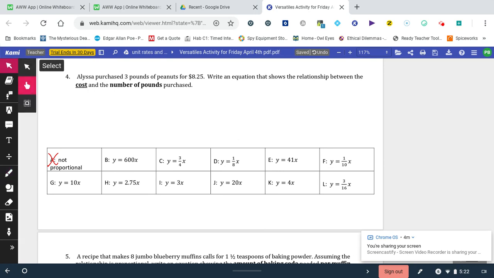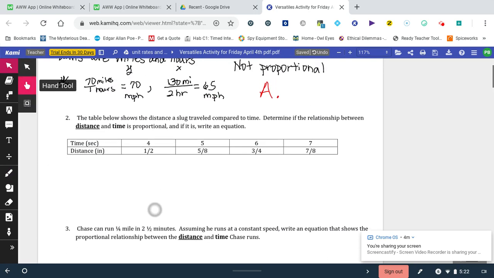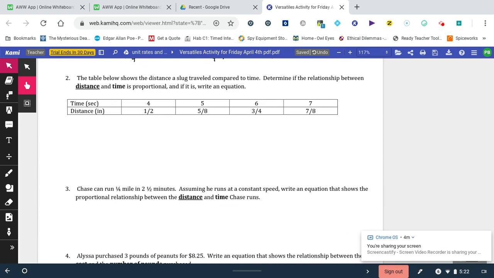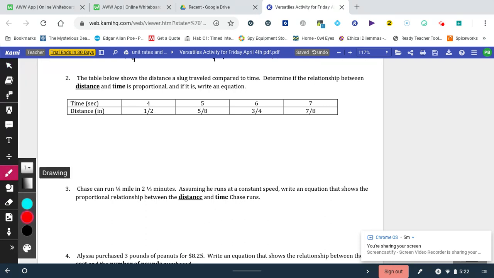All right. Let's go back to number 2. Remember, you're supposed to be pausing the video, trying the problem on your own, and then unpause it to see if we get the same thing. All right. So on number 2,